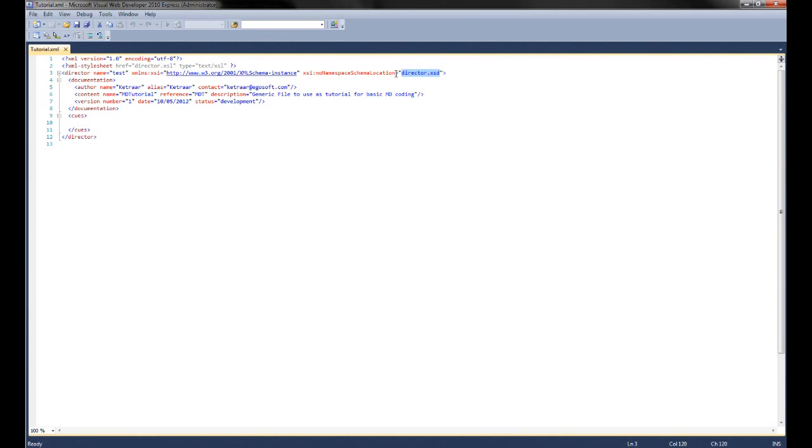If you get this underlined with a blue curvy line, it means your file is not saved at the same spot as the director schema file. So you should change that. So yeah, that's it. Having said that, it's good to understand that when you start coding, or in fact